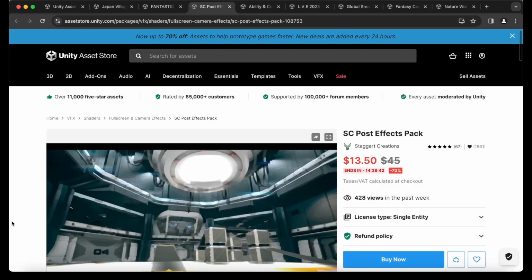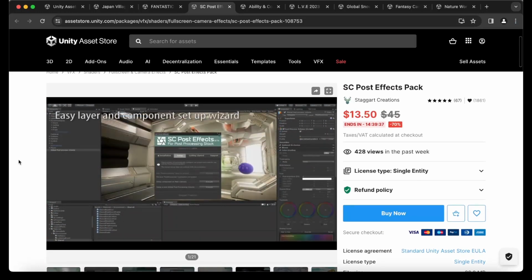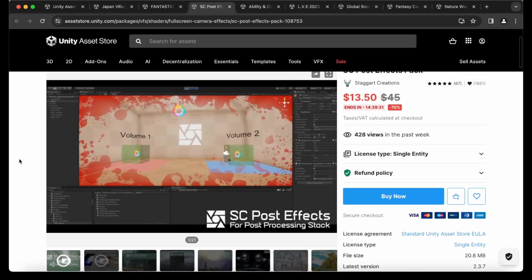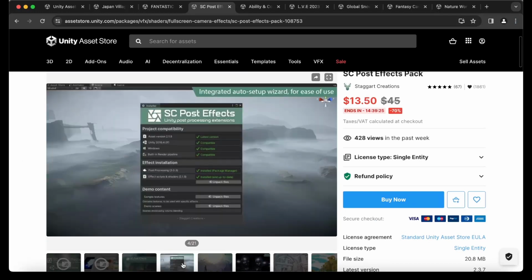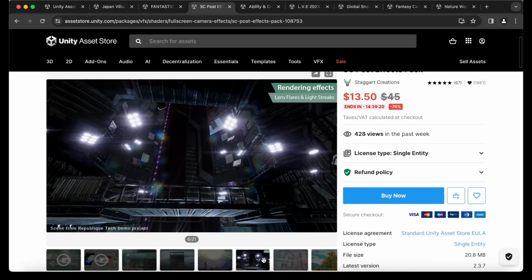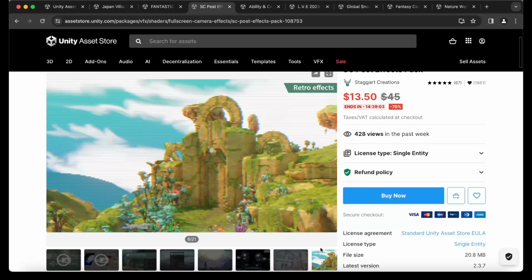Next, we have from Staggered Creations the Post Effects Pack. This one looks really good for $13.50. You get 34 screen effects, post effects, including some nice ones. So you get some environment effects. There's lens flares and light streaks, which looks pretty good. There's some artistic effects. This is what really stands out in this pack to me, the artistic effects, like the hand-drawn effect here. They also have retro effects